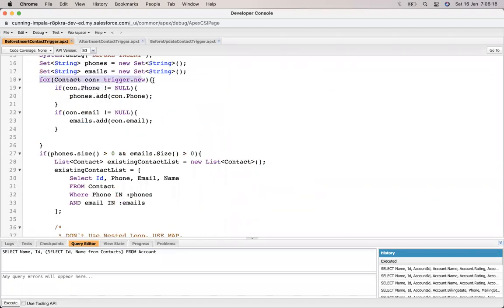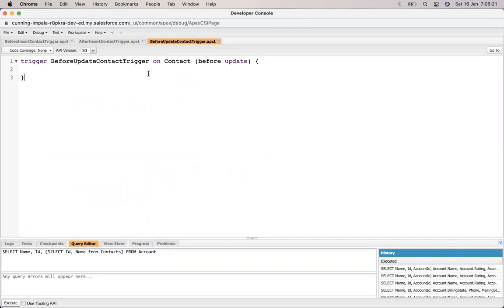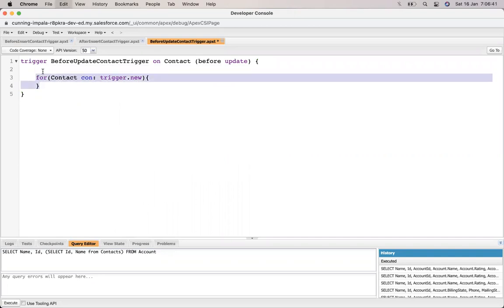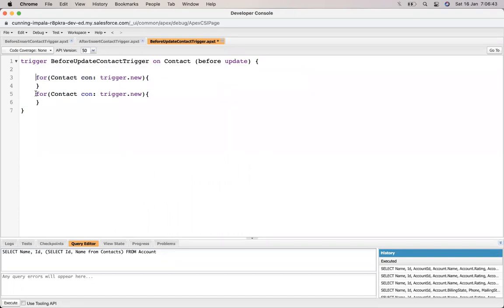We also get Trigger.new for the new values in this instance, but during the update we also get one more instance called Trigger.old, which refers to the old values.